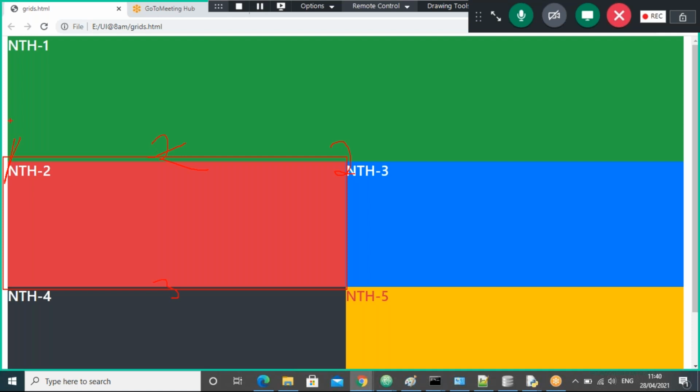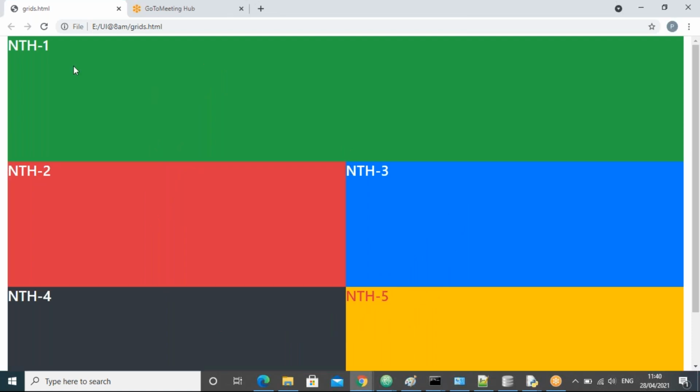So I'm fixing, locking this one now. We can move the remaining 3, but NTH1 and NTH2 will not move when you move the other grids. Okay, that's fine.